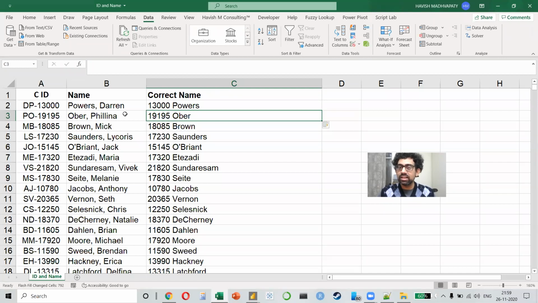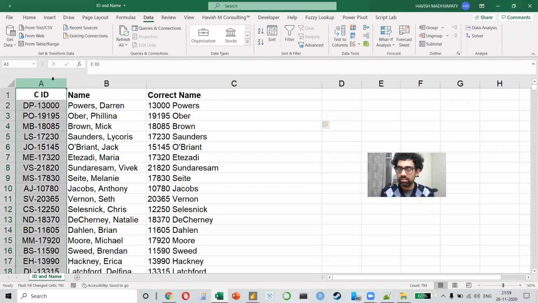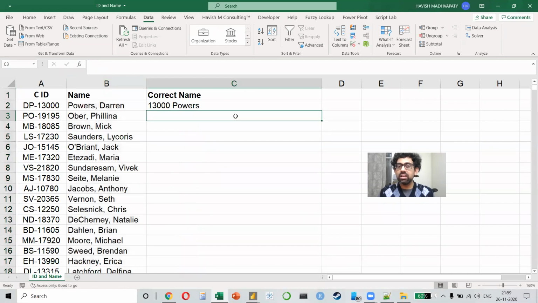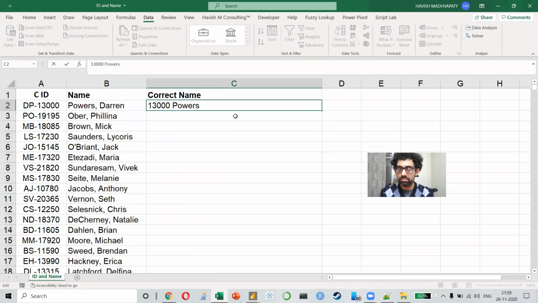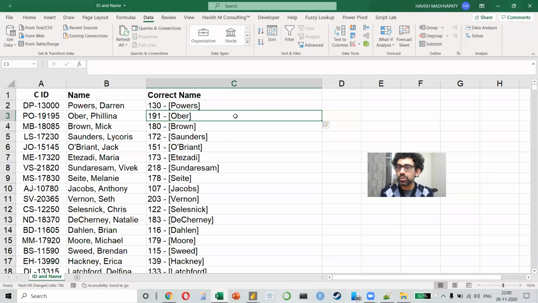Right? Isn't this cool? It is taking out the number from here, it is taking out the surname from here, and it is combining them together. What if I wrote 13,000? Please watch. I just write 130 hyphen, and then in bracket I'm writing parse. Watch. Super cool, right? It took the first 3 characters, it added a space, a hyphen, a space, a bracket, the surname, and a bracket like this. So whatever pattern that you're giving it, it can replicate that pattern for you.